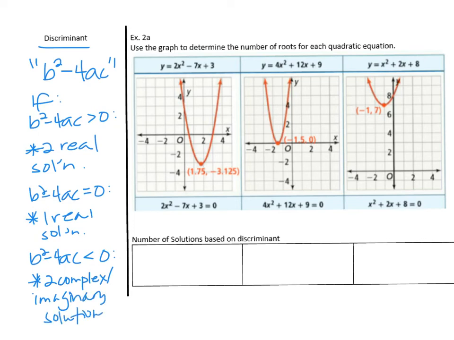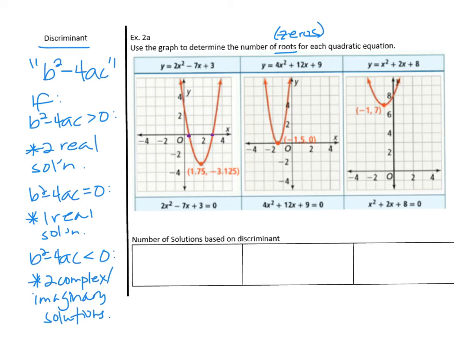So you're not actually solving for the value of your intercepts, you're just determining the number that they are. So it says use the graph to determine the number of roots, and roots are the same as zeros. Just another way to describe it, for each quadratic equation. Looking at that first quadratic, it's graphed as a parabola, y equals 2x squared minus 7x plus 3. Just by looking at the picture, you can see that it crosses the x-axis at 2